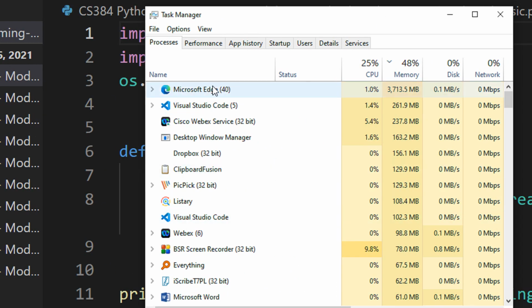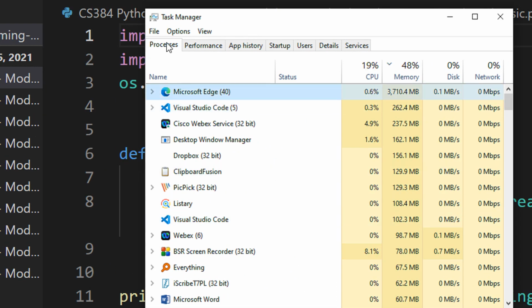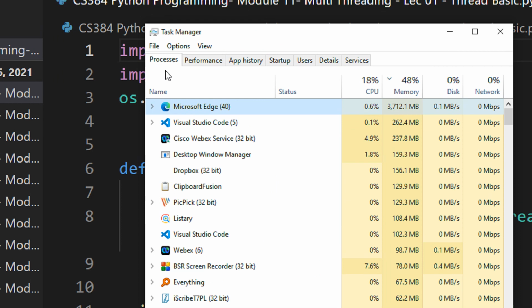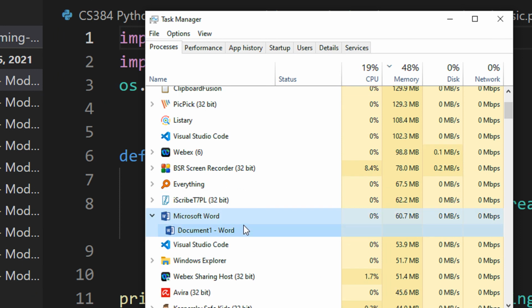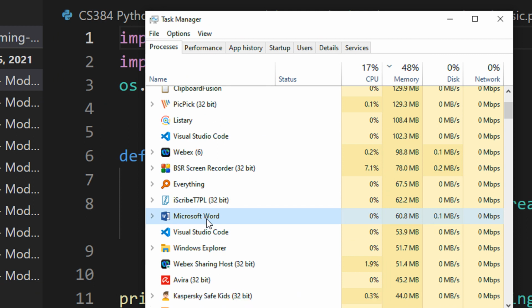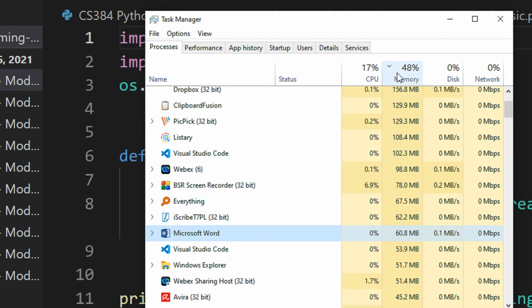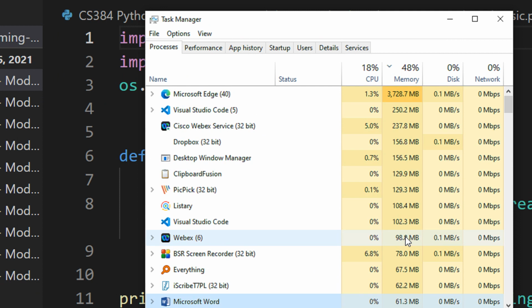So you can see these are processes, right? So you can see this tab also says that these are processes. So Visual Studio is a process that I'm running. Microsoft Word is a process that I'm running, fine. So now what happens when you define a process, right? So a process will occupy some memory. For example, Microsoft Word is taking 60 MB of space, fine. Microsoft Edge is roughly taking 3 GBs, right? So all the browsers these days are RAM suckers, right? They just want to suck RAM and enjoy.